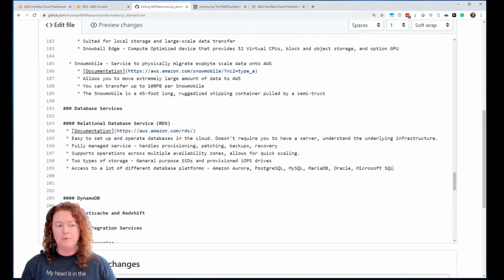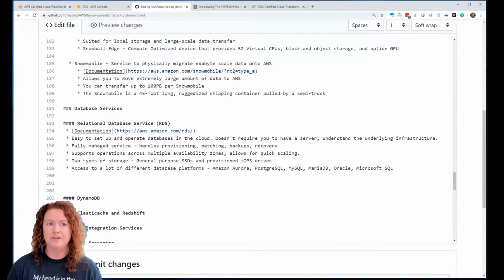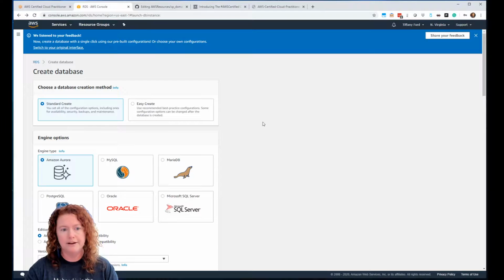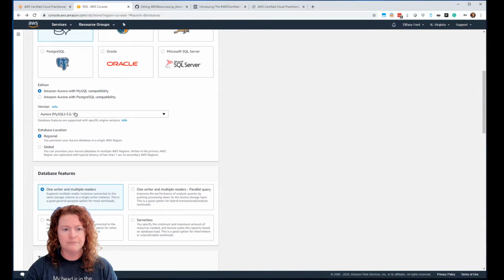So you can do one-time migration, or you can do continual migration. And it just supports all of that out of the box. So commercial and open source databases. And then of course, pricing wise, you only pay for that computing time based on the type of database that you're using. And it'll tell you, if I came in here and said, oh, I want an Aurora database,